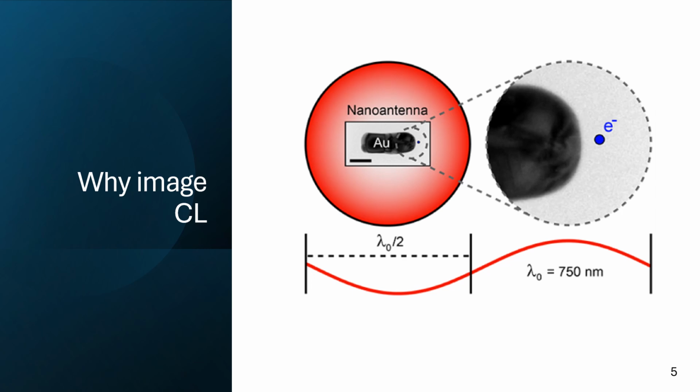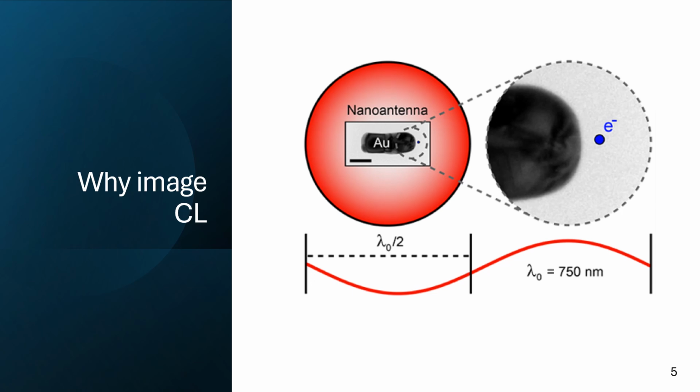But on the other side, CL can make wonders here. If you look on the right half of the image, you have an electron beam. This electron beam is of very small order, and the electron spot is shown here. Relative to the size of the gold nano antenna, it is very, very small compared to what we are studying here. So it's much smaller,